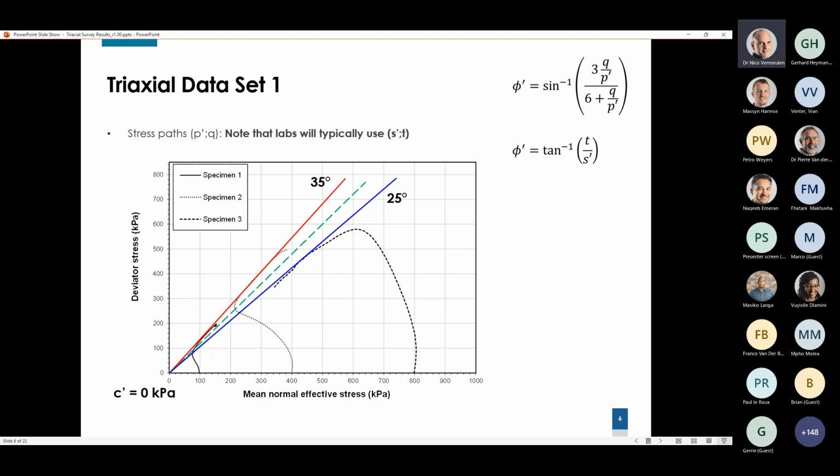Maybe the right answer is to take sort of the average, which would be around about 30 degrees, and play it safe. But in reality, what we must realize, this being a real soil and coming from a tube sample, remember that the lab will take that tube sample, extrude it. They will probably lose bits and pieces at the ends and end up with a cylindrical specimen that they will then cut up into 3 test specimens, or, even more likely, they will have 3 tubes that were taken